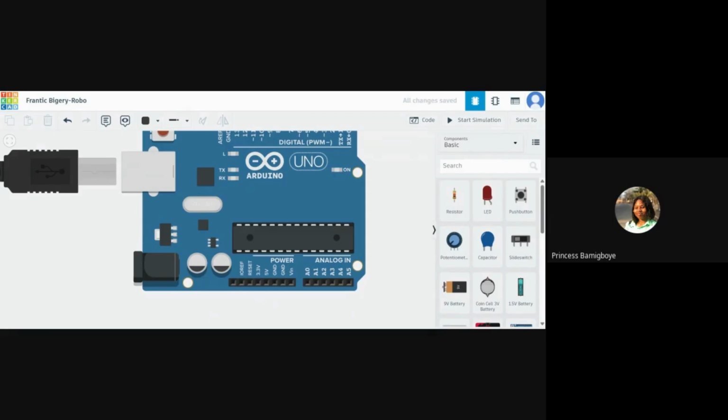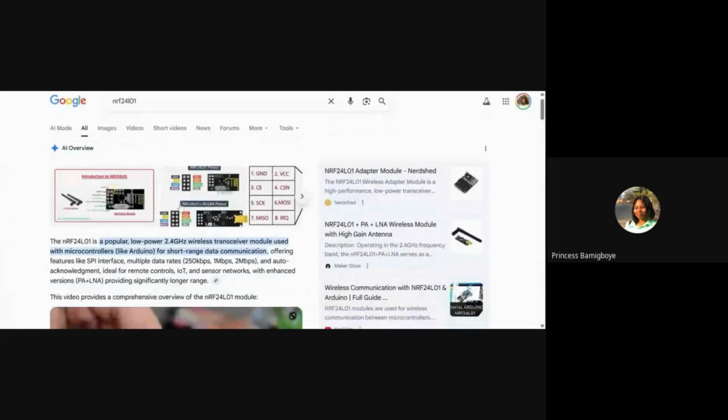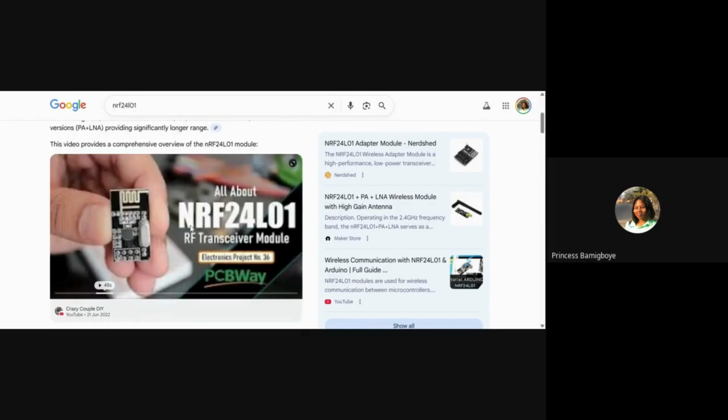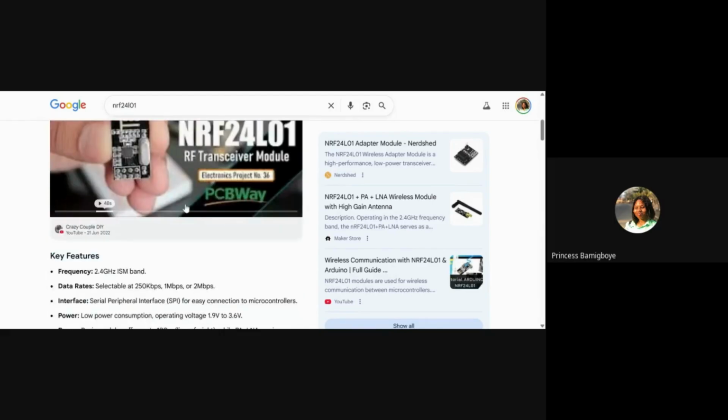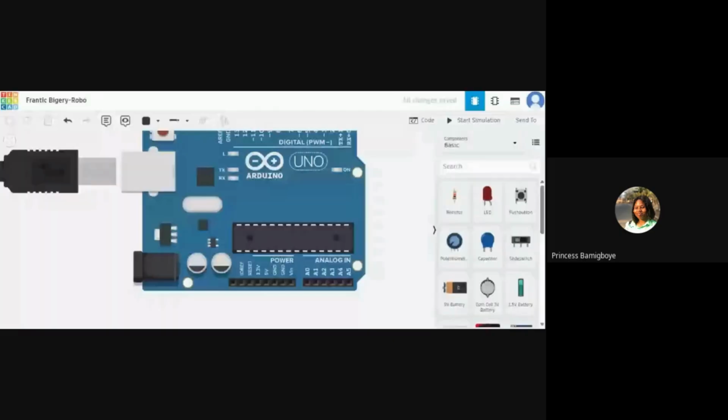And this particular component, if you look at it, there are some components, there are few, but there are some, where you can't use 5 volts, if not they will blow up, they will burn, right? Because they are that sensitive. An example is this NRF24L01. There are components like this that don't need 5 volts. 5 volts will be too much and it will burn them. If you check the specs, you see that the operating voltage is between 1.9 and 3.6. There is no 1.9, there's no 2. The lowest we can see on the Arduino board is 3.3.